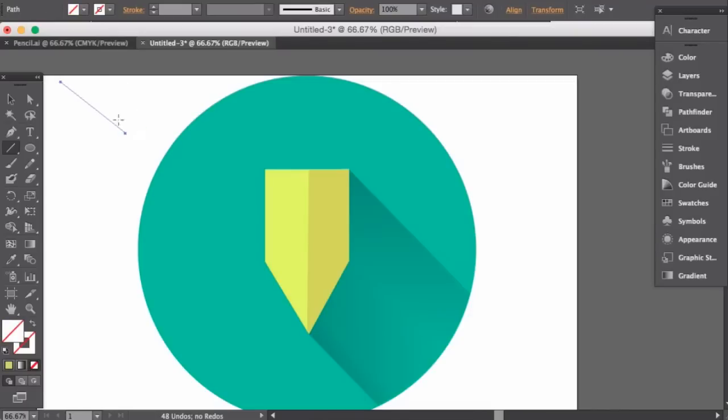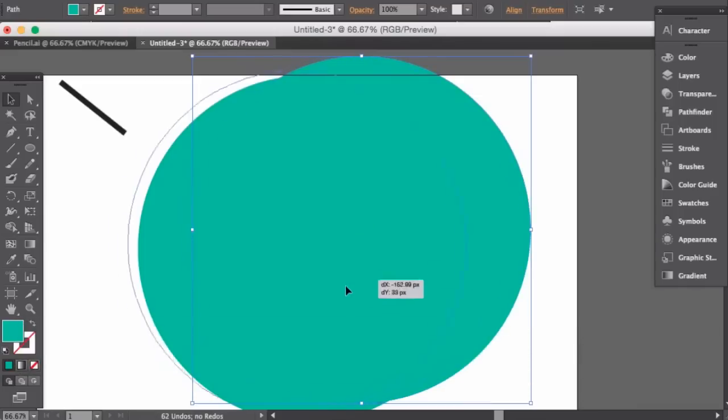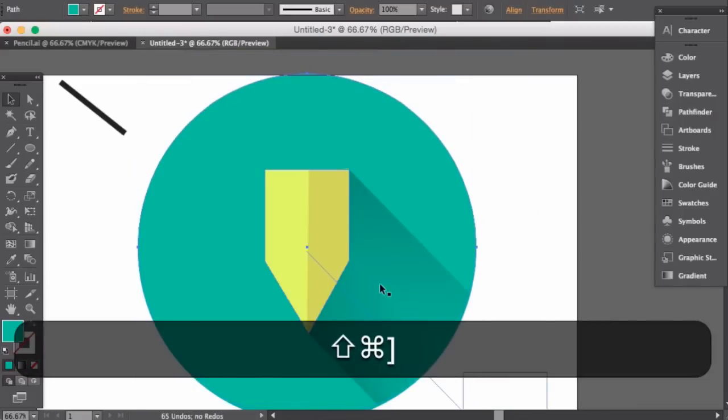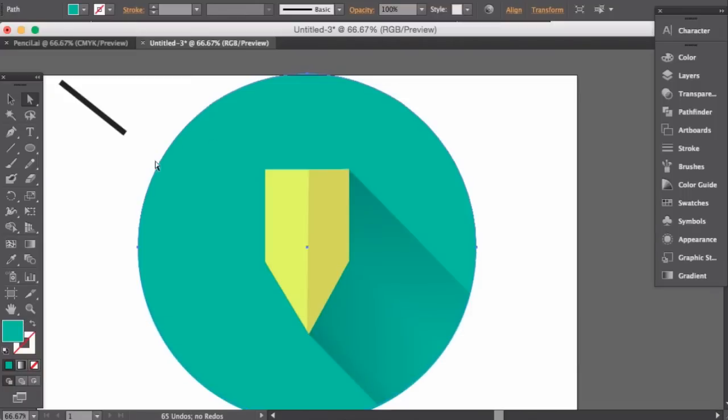So if this line is your light source, the light source is hitting and illuminating this side more and illuminating this side less. You can even do this with your background. So I'm just going to duplicate my circle. I'm going to send it to the back and then bring it up one. And with a circle, to make a half circle, it's really easy. Just go to your direct selection tool, select one of the anchor points, and hit delete,